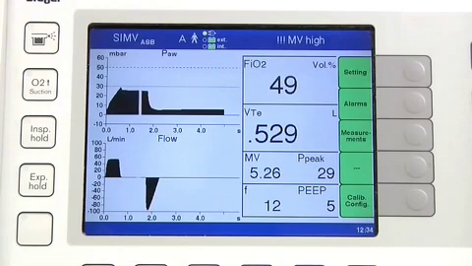Looking at the peak pressure and the plateau pressure will show you if there's any changes in the lung compliance. Both of these will rise or fall according to changes in compliance. However, only the peak pressure will change if there's any change in airway resistance. The pressure waveform is also good at indicating when the patient is triggering. If we can mimic this on our waveform,